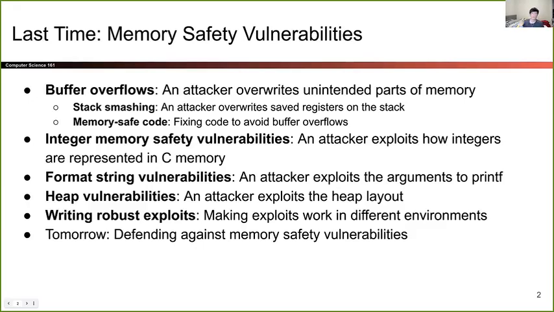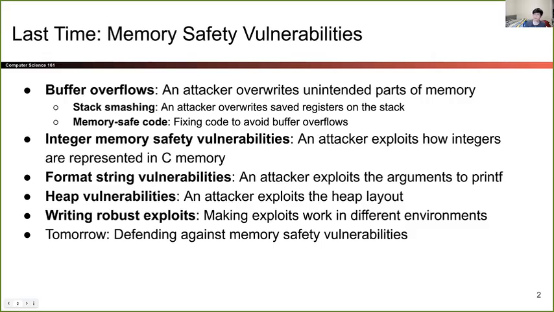So these are some of the memory safety vulnerabilities we went over last time: buffer overflows, which allow attackers to write past where they're supposed to; integer memory safety vulnerabilities, which have to do with representing integers in C, so usually either signed unsigned vulnerabilities or integer overflow vulnerabilities. We also have format string vulnerabilities, which are very powerful. They allow the attacker to basically read or write to any memory address they want. We have some memory vulnerabilities that take place on the heap. And at the end, we talked a little bit about how we write robust exploits and how it can be